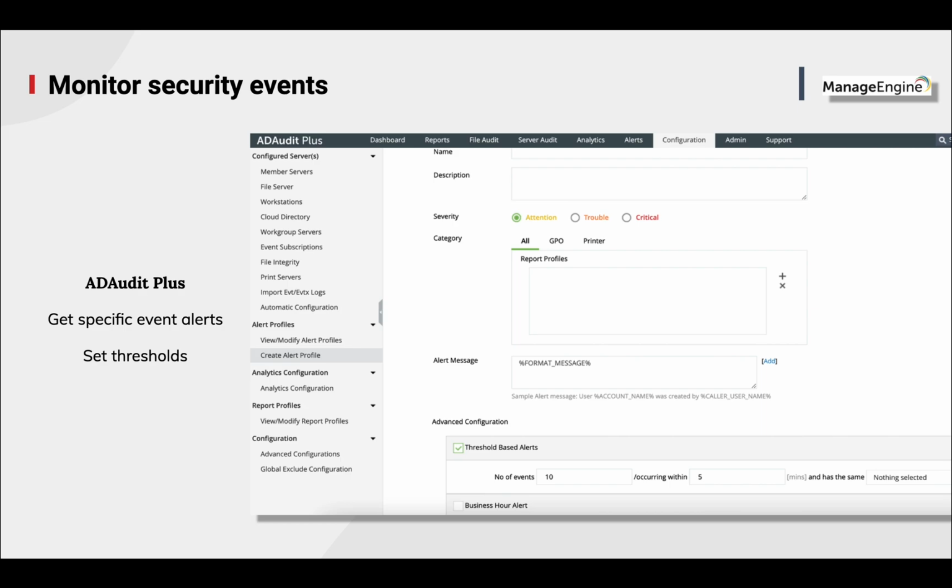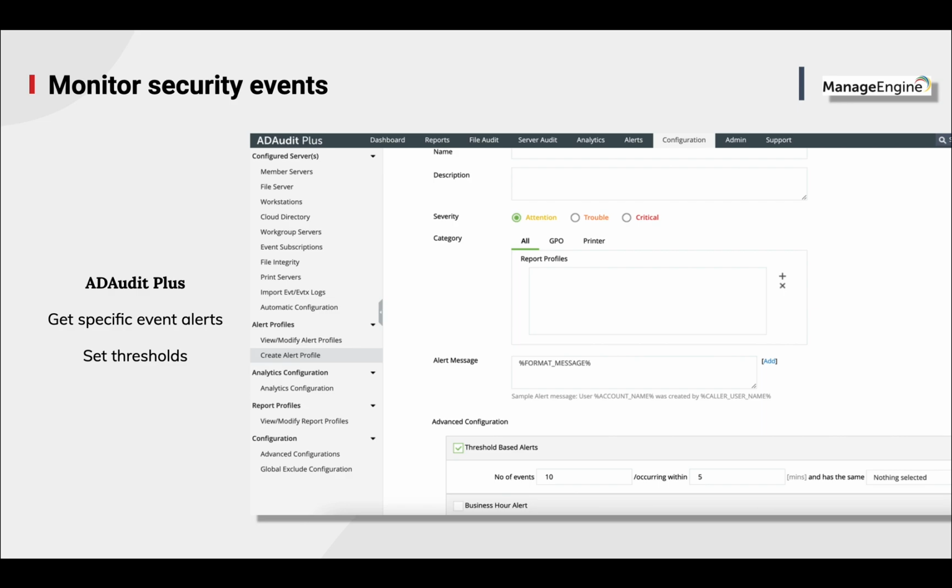AD Audit Plus provides 3 different alert notifications, which include attention, trouble, and critical. The degree of importance or the severity to be associated with an event is decided and configured by the administrator while configuring the alert profiles, as you see on the screen.